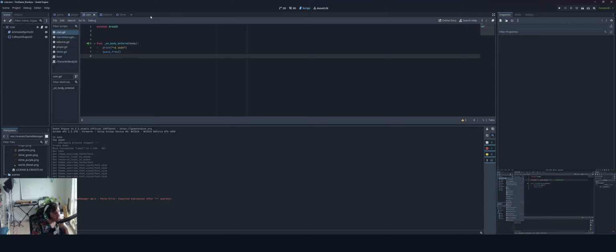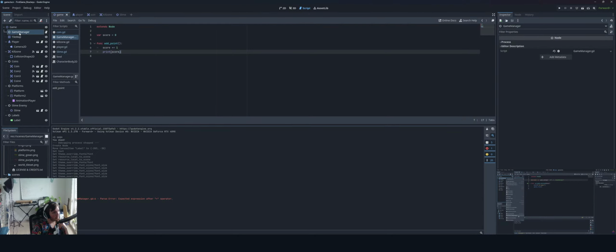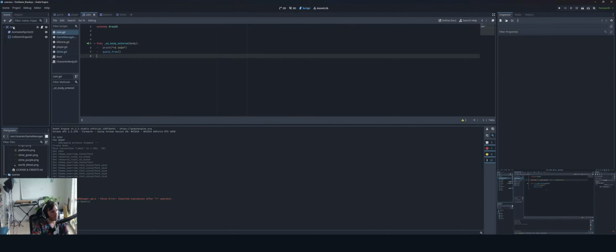So let's right-click our game manager and select Access as Unique Name. As you can see, this creates a percentage icon next to the game manager, letting us know that it's a unique node. This makes it much easier and safer to get a reference to the game manager, because now when we drag it in, instead of a $ sign with a weird and unpredictable